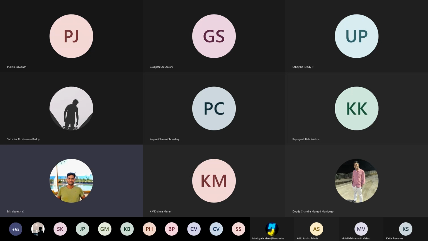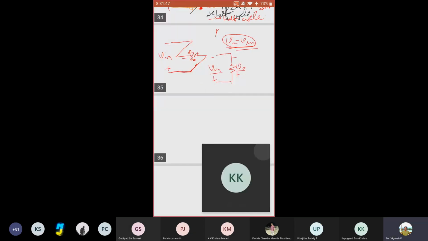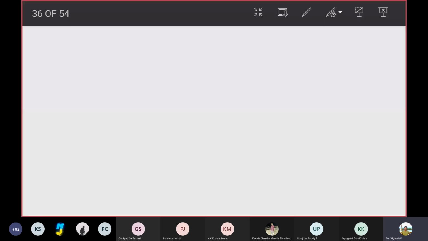Hi. So in the last class, we were discussing something called a bridge rectifier. Again, that's a full wave rectifier, right? And we saw the output waveform when you're asked to plot the transient response. What I mean by transient response is how the output is going to behave with respect to time.